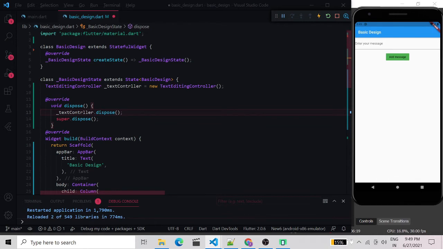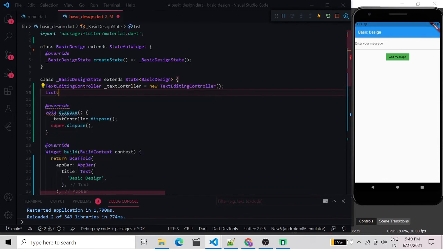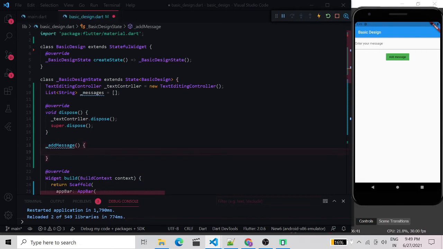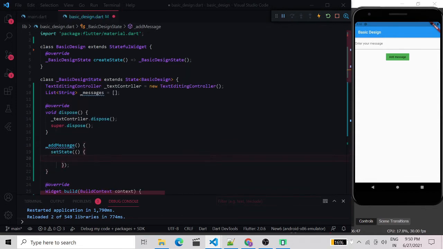Text controller is added, and now let's create a list of messages which is of type string, messages. Give it a blank array, and create one more method to add messages. This is a method which will be called while pressing the add message button to set the value.